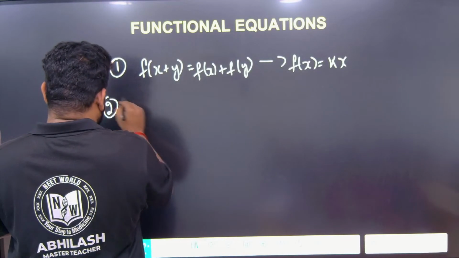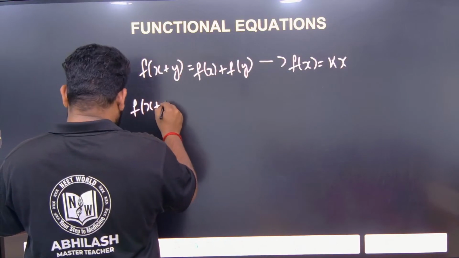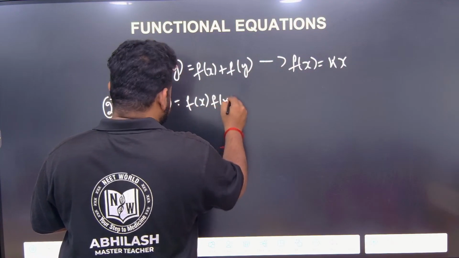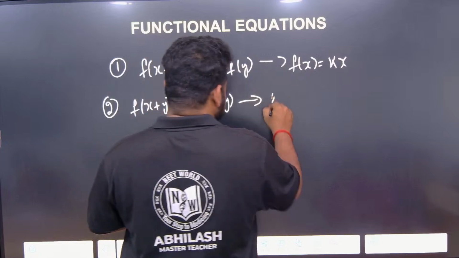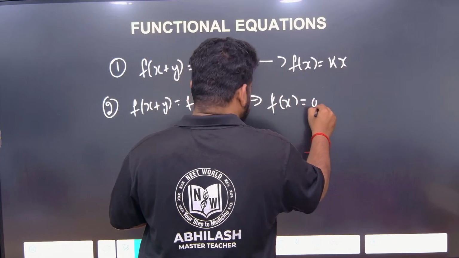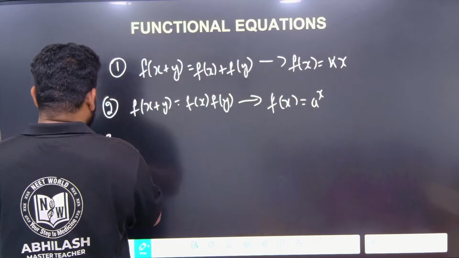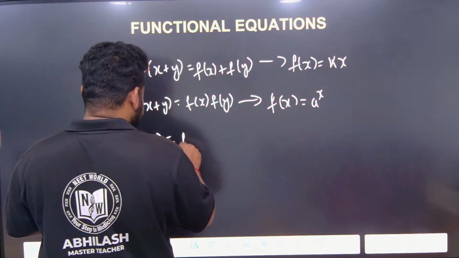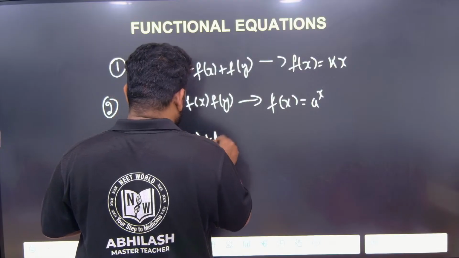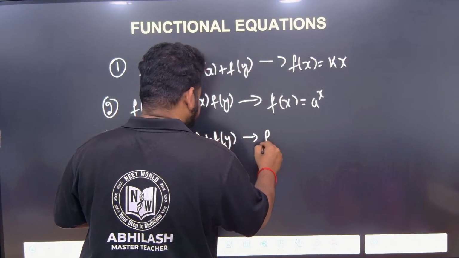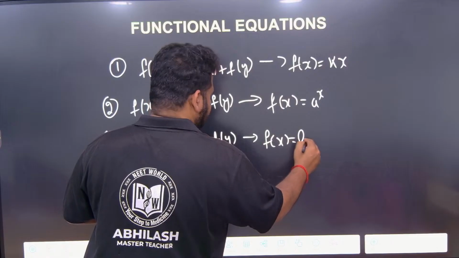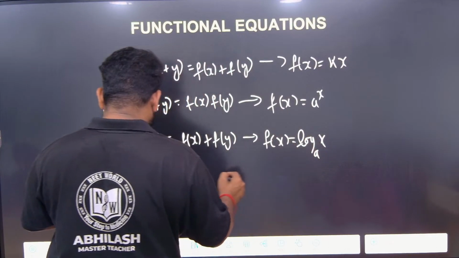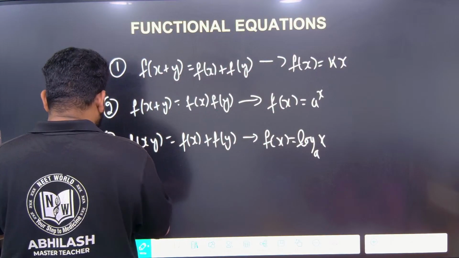Second one, f of x plus y can be written as f of x into f of y, that can be written as, if you write it like this, f of x is equal to a power x. Some more important ones, not everything is important, but we will know it. f of xy can be written as f of x plus f of y, that gives us f of x is equal to log x to the base a. f of x by y